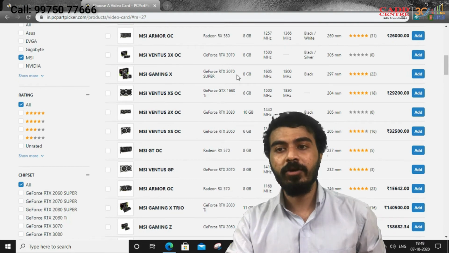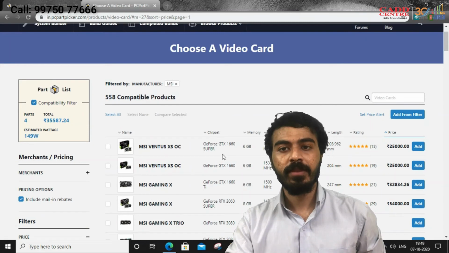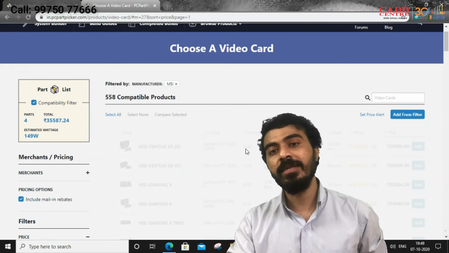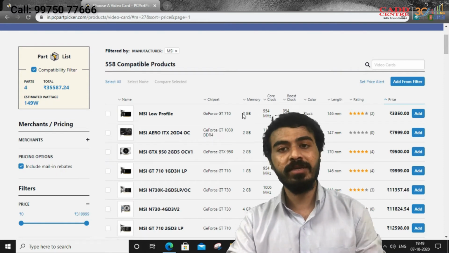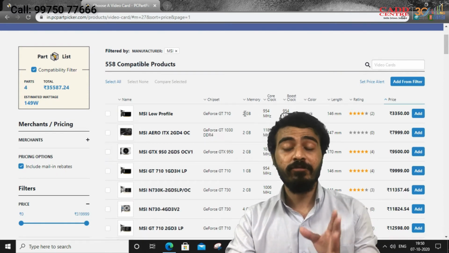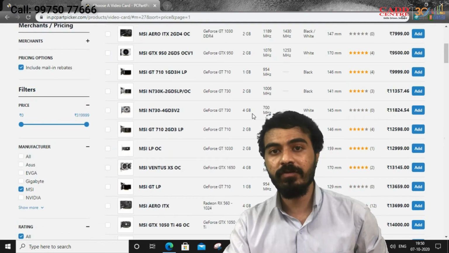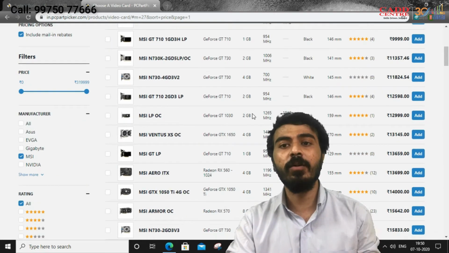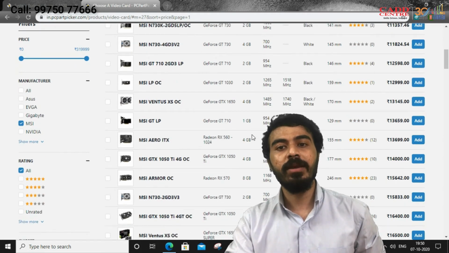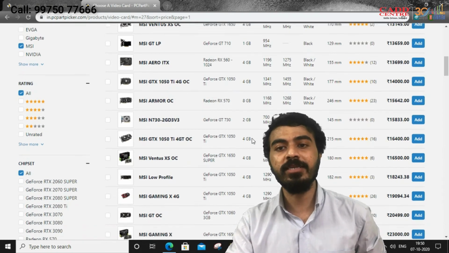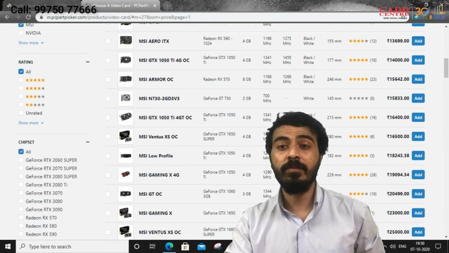You can click on price tag, then select from the 2 GB graphic cards available. If you are using AutoCAD, CATIA and all, 2 GB is enough. If you have to do video rendering or simulation software, then you need a graphics card up to 4 GB. So for you guys, you can choose MSI GeForce GTX 1650, and it gives you speed up to